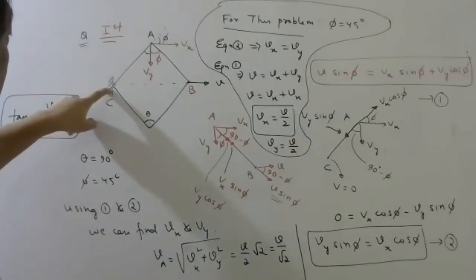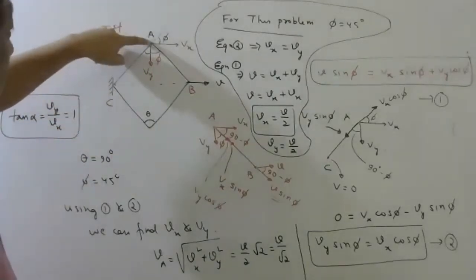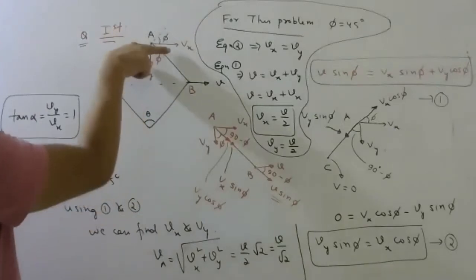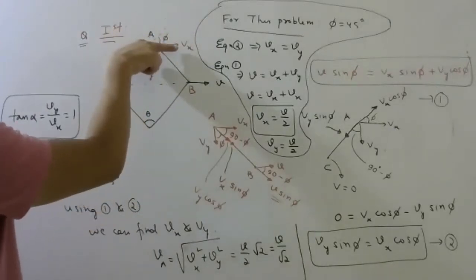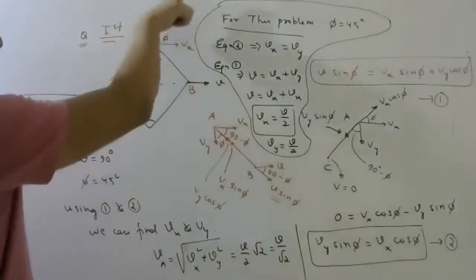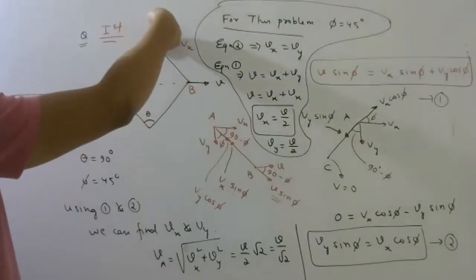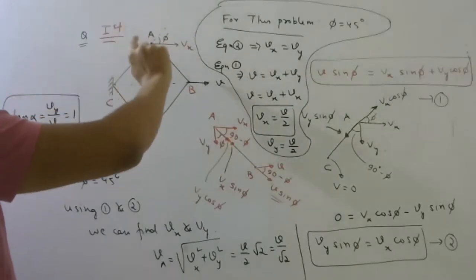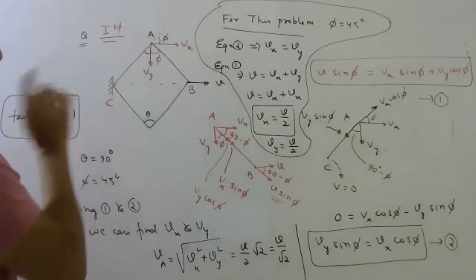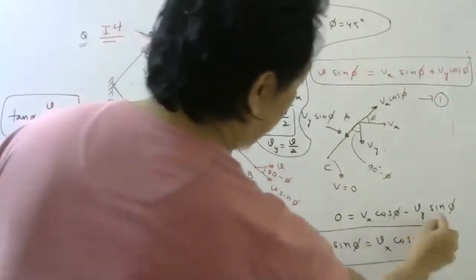Velocity of this end is 0. And for this rod, you have to take components along the string. So this component velocity is this side, this component velocity is this side. So net velocity of this point should be 0, because this is 0, which means this must be equal to this.